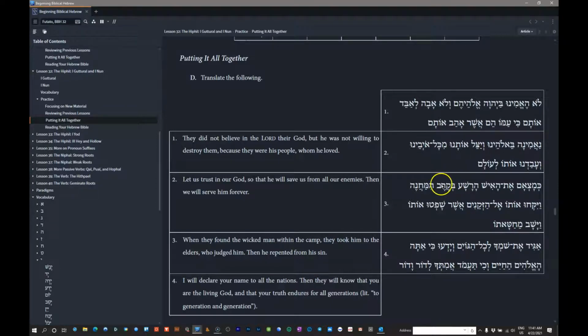That's why it's kind of like two prepositions, but this is actually going to be in construct with ha-machana, the camp. So as they were searching for the man, the wicked one, in the inside of the camp, which basically Futato has translated as within the camp,